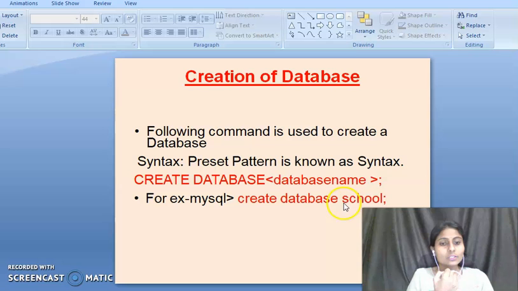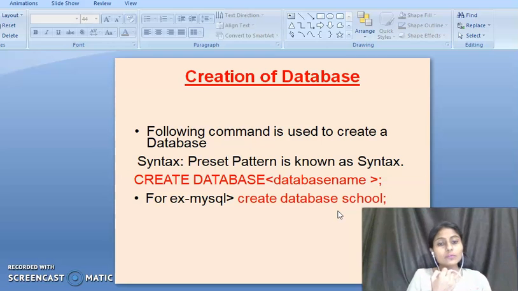But you have to remember that whichever letter case you use for the database name, you have to access it with the same letters. When you set the database name in small letters while creating the database, in the same manner when you use that database or access a record, you have to use the same letters for the database name, the table name or the column name. Whatever is defined by the user according to the user's choice is case sensitive.